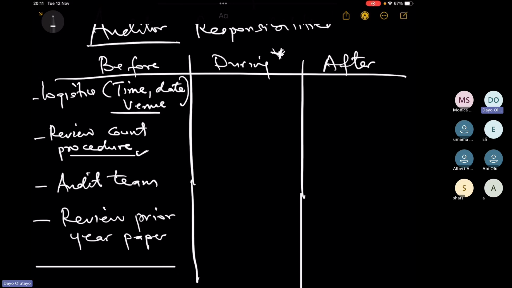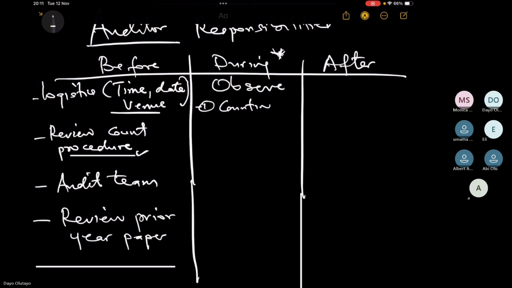And during the count, what must they do? Very easy. As I said, all they need to do is to observe. They need to observe the counting. So observe number one, that the counting is done in accordance to the instruction. So counting is following instruction, which is the procedure that you're looking at here. You want to observe that